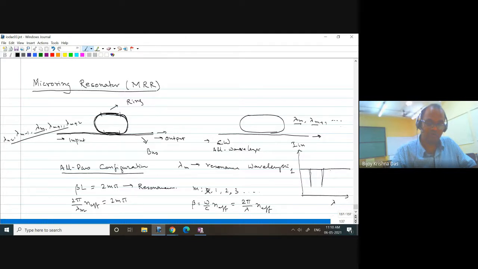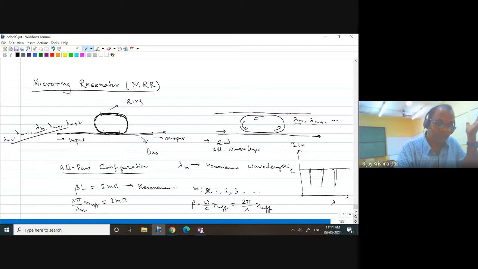So this is actually what I see, that this resonance wavelength, this particular wavelength, will be stored and will be missing in the output, right? So now I see a certain kind of characteristics at the output. Now if I put something, for example, another bus waveguide here, and you are launching here, light coupled here, and then it keeps on circulating like this, right? I'm launching here. So shall I get something output here?